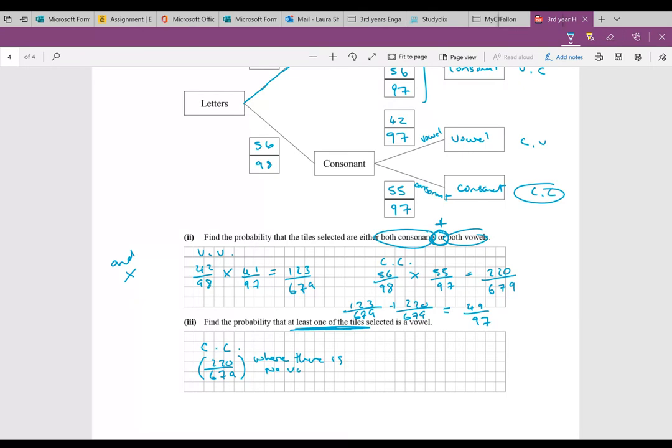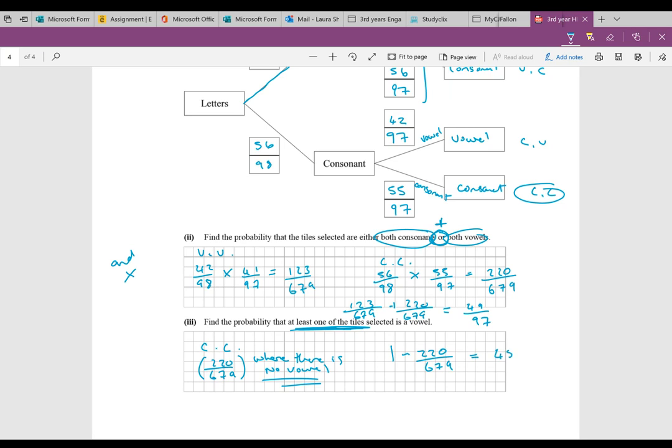In every single other situation, there is a vowel. So 1 would be the total probability. So just subtract the 220 over 679. So 1 minus 220 over 679, and you will get